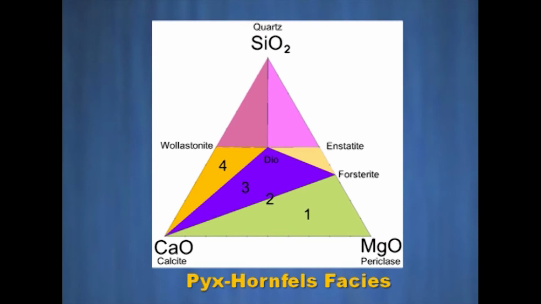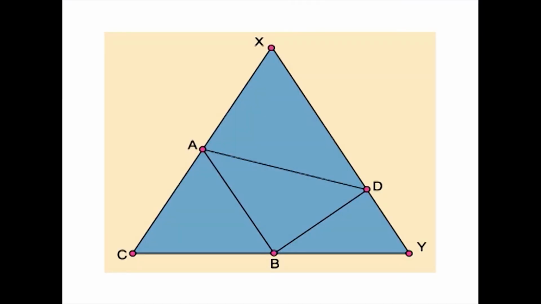What reaction is possible between A, B, C, D? See the diagram on the screen, the triangular diagrams where we can see the tie line between A, B and D, and another phase, that is C, also in a triangular diagram. Now we can see a chemographic diagram for some metamorphic zones. As per the diagrams A, B, C,